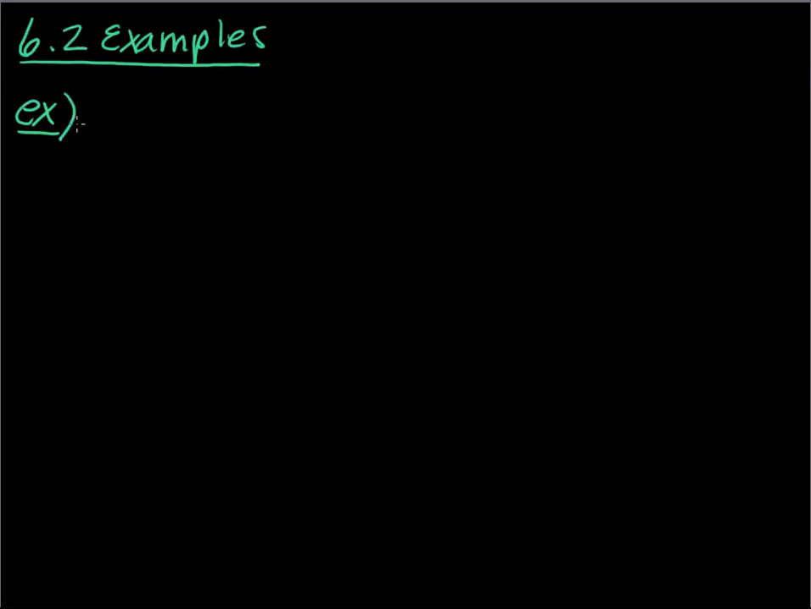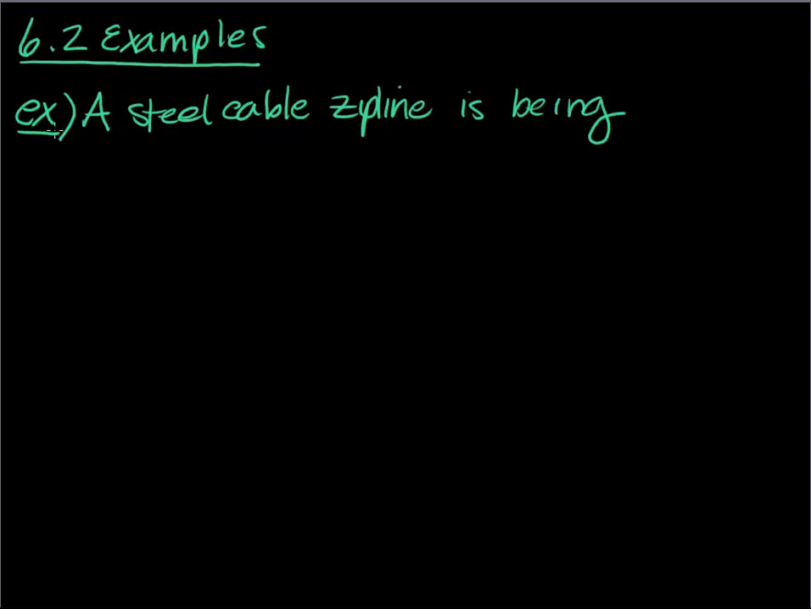So my first example, again, these are applications, right? Right triangle applications. So the first thing we have is a steel cable, real life here, people, zip line. I love zip lining. A zip line is being constructed as shown below. So these kind of take a bunch of setup, but